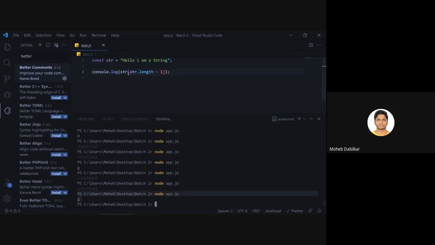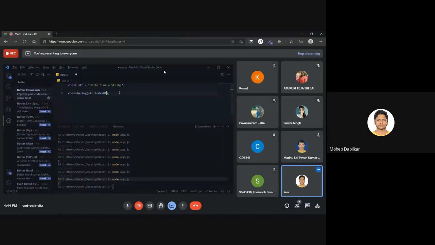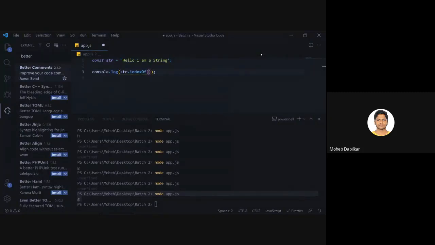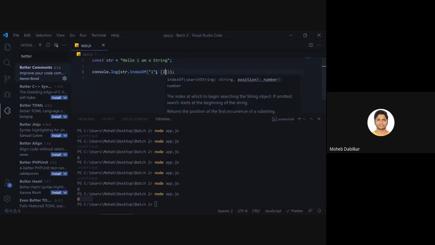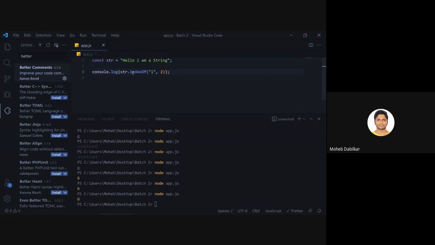Now there is one more function that we have seen, that was index of. I just closed it, forget it for now. If you say index of I and run it, it says 6, but there is one more I over here, so you need to pass in a second parameter. Let's just say 2. It still says I. The second one should not be like that. That is a problem now. Each search string and position should be a number, right?